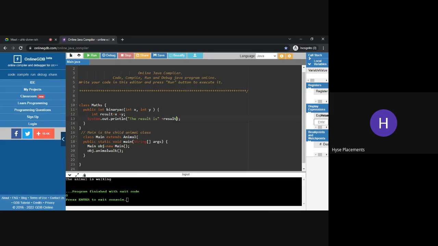Okay, so you can actually add this thing also. I said binary action, so I can do addition, subtraction, multiplication, and division with the integers which I'm sending. So we can have a switch case here. So if you want to make it complicated,